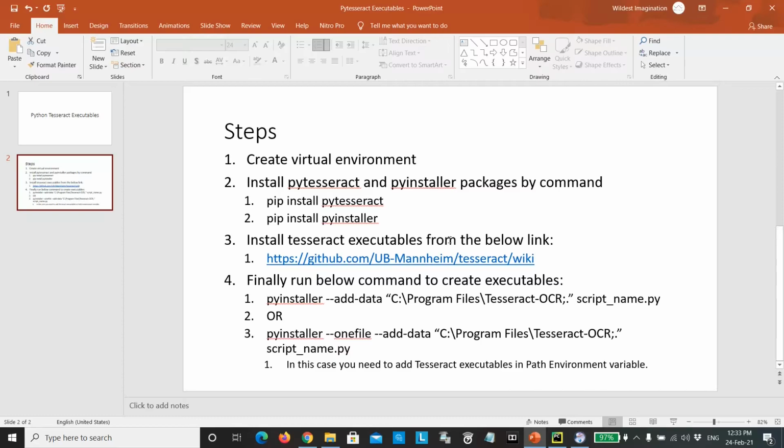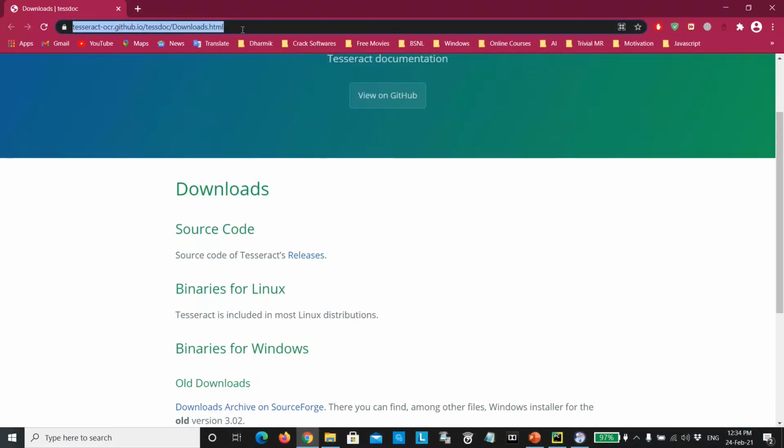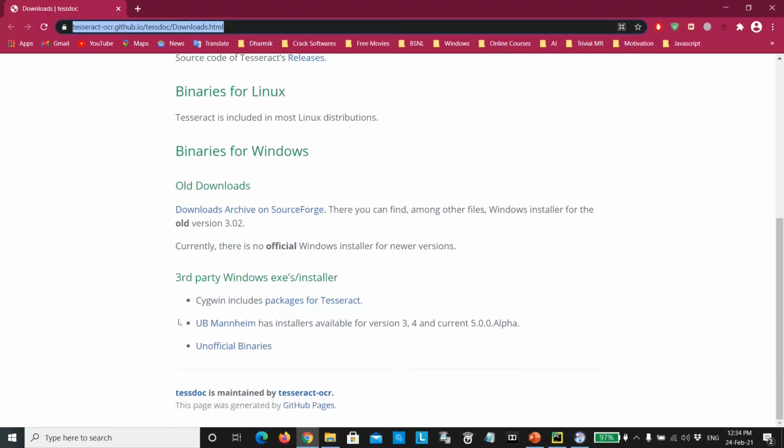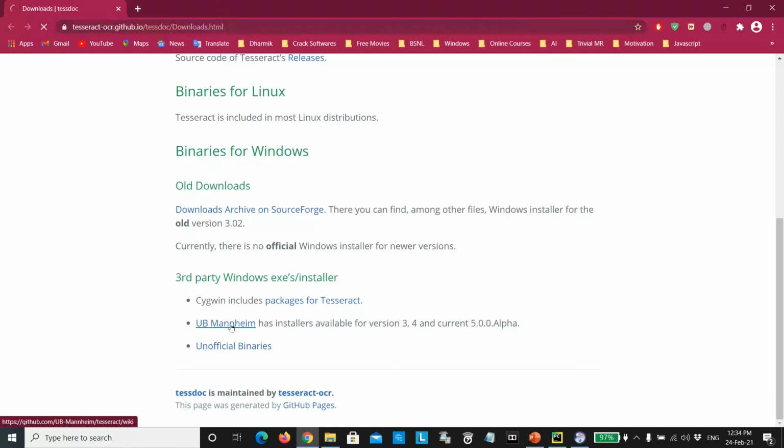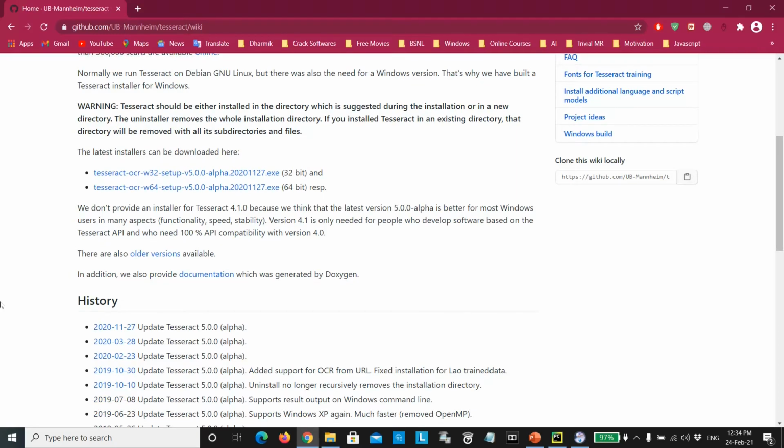So for that we need to download the Tesseract OCR executable .exe file from the given link. So you need to go to this link, and over here you can click on this particular link. Over here you can download any version of the Tesseract OCR executable as per your computer specification. So I will download 64-bit. I already have these executables in my downloads folder, and I have already installed Tesseract OCR exe on my